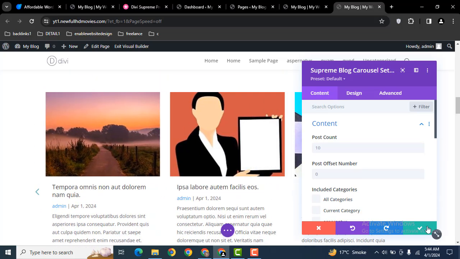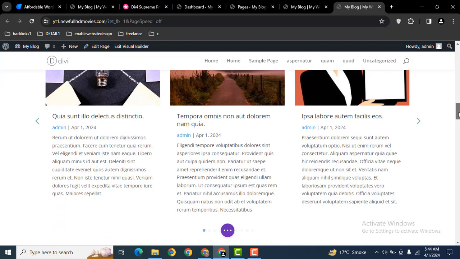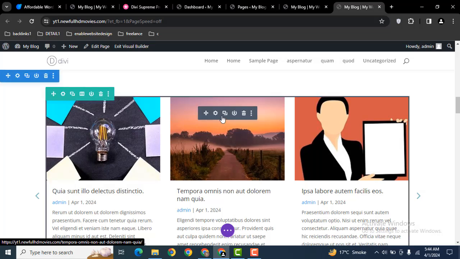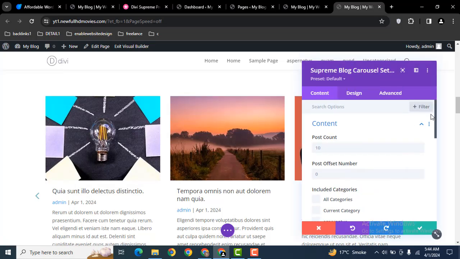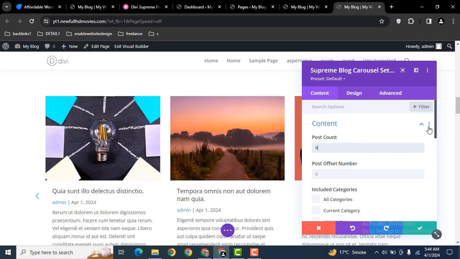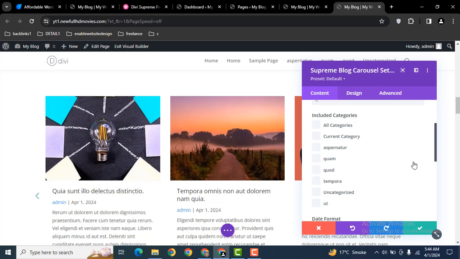Then here you can see the default layout that looks professional, and you can change it here in the settings. For example, post count, by default this is 10. You can increase or decrease. For example, I can select 9. Then scroll down, you can include the categories,